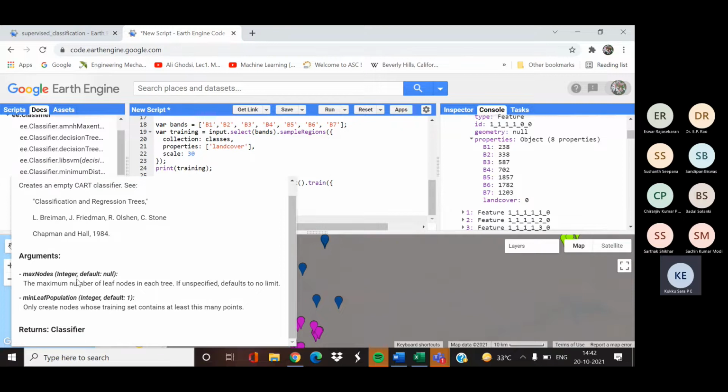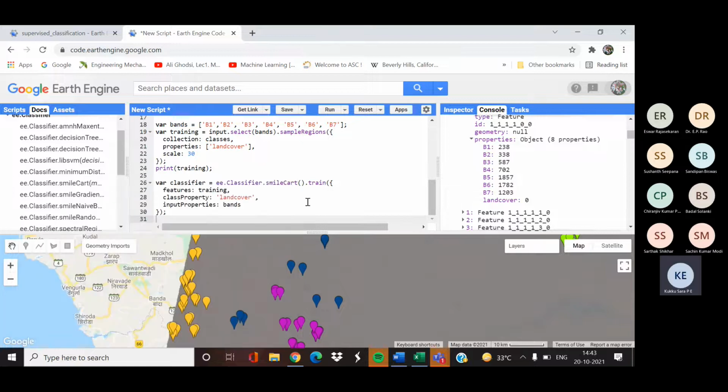Here the arguments are, we can give the maximum number of nodes, how many branches you want to create, the maximum number of leaf nodes in each tree, how many classes you want to classify it to, and in each category how many pixels you want to select. So these things you can give. So create a variable called classifier, and we have used the ee.Classifier.smileCart classifier.